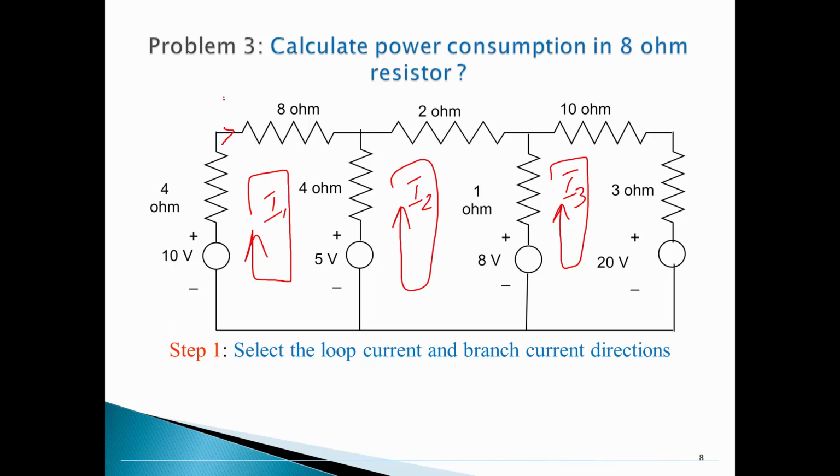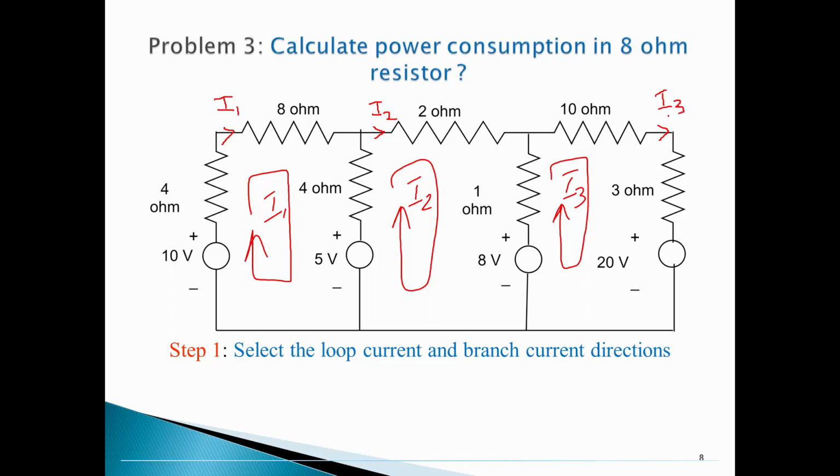It takes I1 current because only I1 is flowing here. And similarly here, in the 2 ohm branch, I2 is the branch current since I2 is the only current flowing this way. And coming to this 10 ohm and 3 ohm branch, here I3 is the only loop current flowing towards